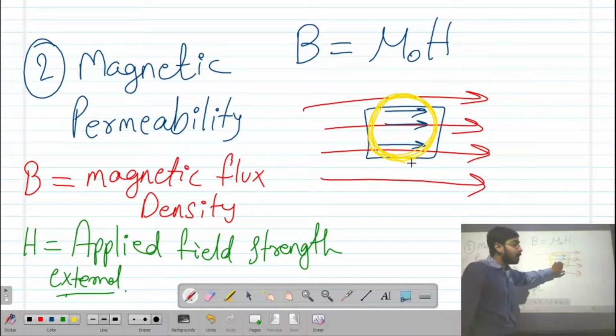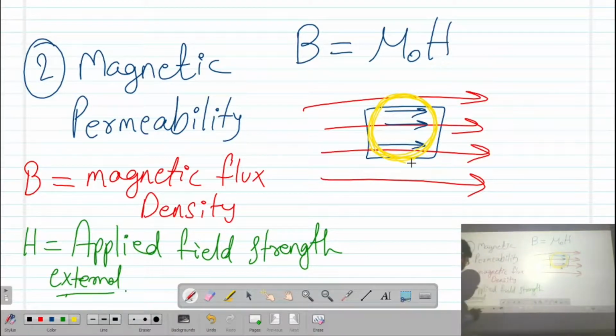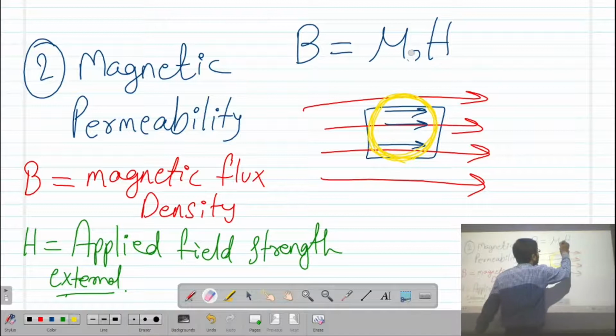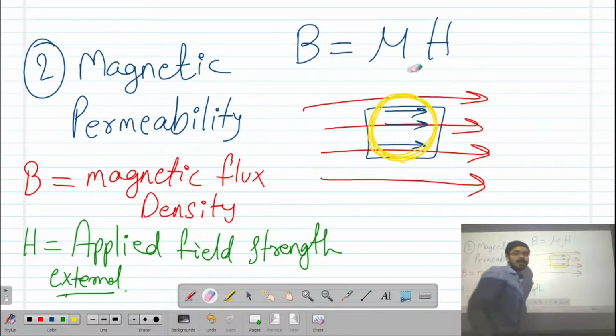So the flux density which has been induced in the direction towards the external applied magnetic field will have a relation with H as B is equals to mu H, where, sorry, it's mu, not mu 0, it's mu. Mu 0 is nothing but relative permeability, you can see that afterwards, right? This is mu, not mu 0.